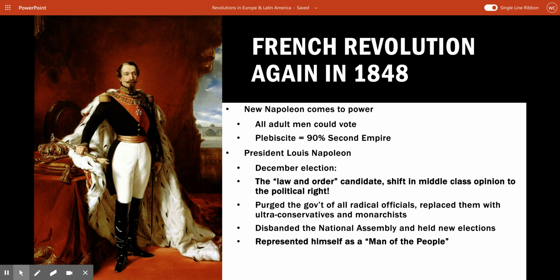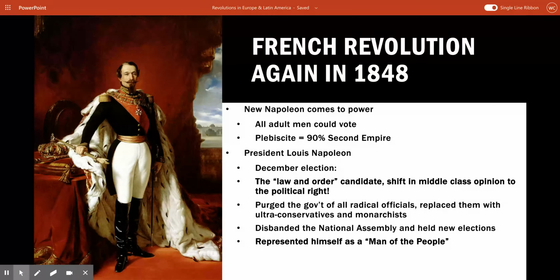And that's the key difference between this revolution in France in 1848 with Napoleon III and the revolution of 1830 when Louis Philippe comes to power. In this revolution in 1848, the people literally voted for Napoleon III into power. Whereas in 1830, Louis Philippe was chosen as a king in a constitutional monarchy to replace Charles X, and he was not chosen through a vote of the people. So that's the key difference here. So anyway, France gets all crazy. They get back to where they started in the first place. That's kind of the theme here.